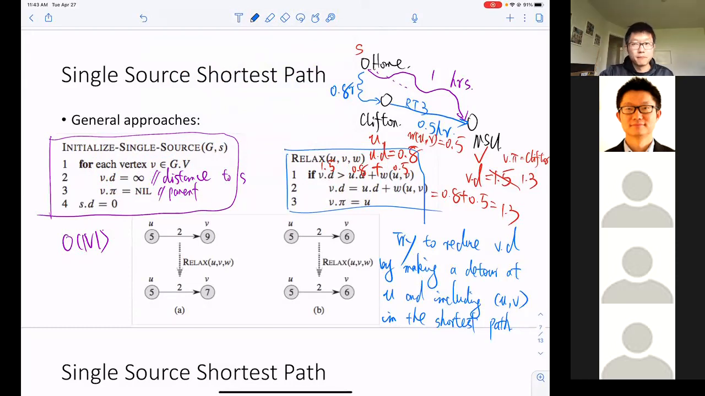Is that also O(V)? No, it's going to be O(1), because in this function we don't have any for loop. We don't have any loops. And also we don't make